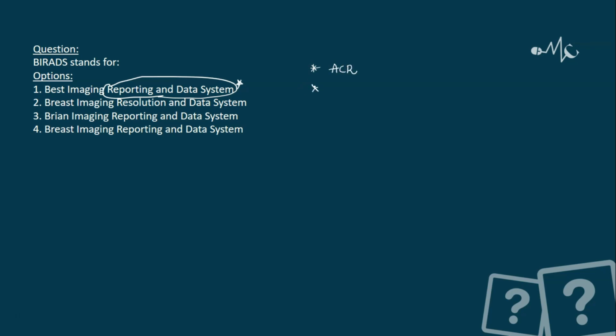It is of international standards, and many of us assume that BIRADS is only applicable to mammography. It's not only for mammography, the same principles also apply for ultrasound, and they also apply for MRI of the breast. So there are three radiological entities for which BIRADS applies. Whenever you see a report of any ultrasound breast or mammogram of breast, BIRADS categories will be there.